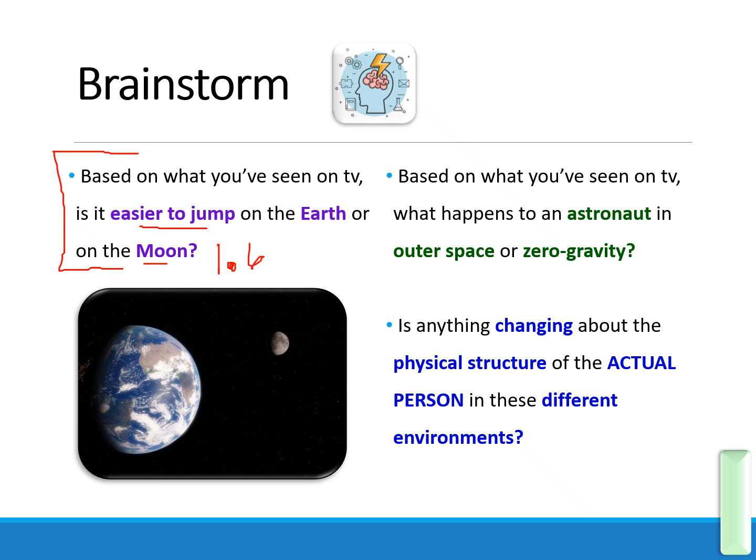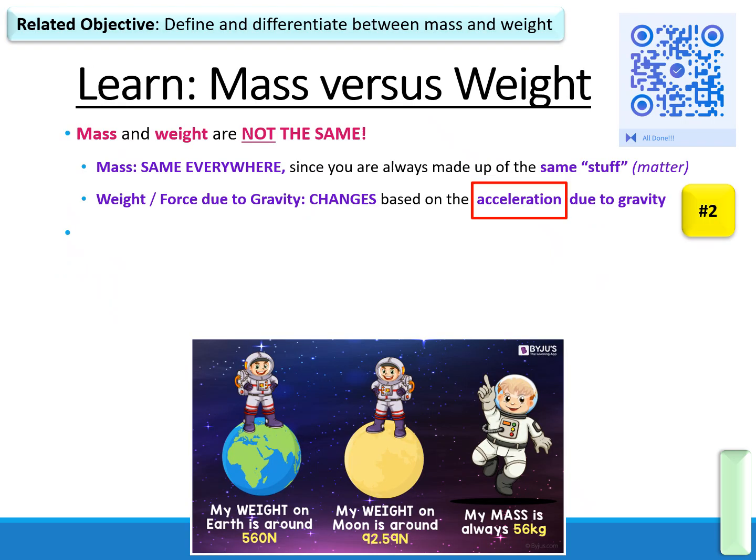It's only 1.6 meters per second squared, which is really, really small in comparison to Mother Earth down here. I know also in outer space there is zero gravity, and that's why in outer space astronauts just sort of free float around, right? So gravity plays a large role in our lives.